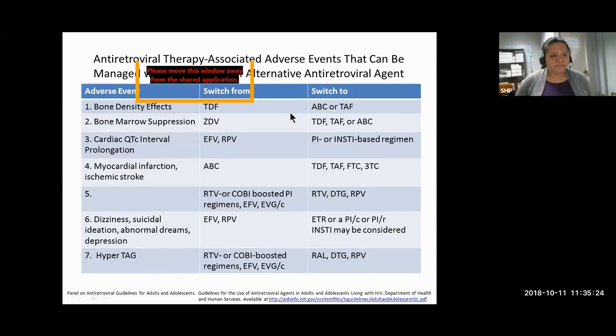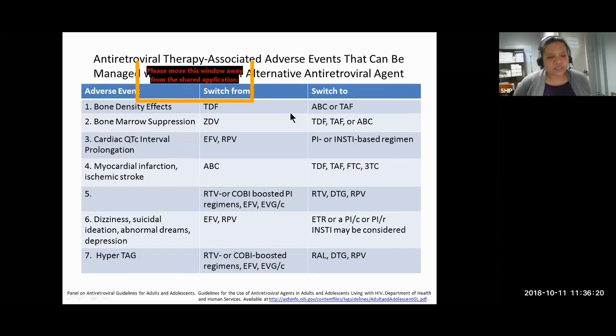or abacavir. If your patient presents with cardiac QTc interval prolongation from efavirenz or rilpivirine, you will now shift to a PI or an integrase strand transfer inhibitor-based regimen. If your patient has a risk for MI or stroke, and ang old drug niya ay abacavir, you should shift to tenofovir, emtricitabine, and lamivudine. If galing siya sa PI, you can give dolutegravir, rilpivirine. If your patient is prone to having CNS side effects from efavirenz or rilpivirine, you can give etravirine,